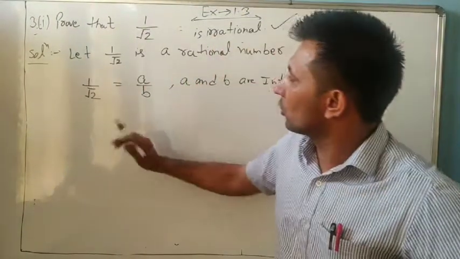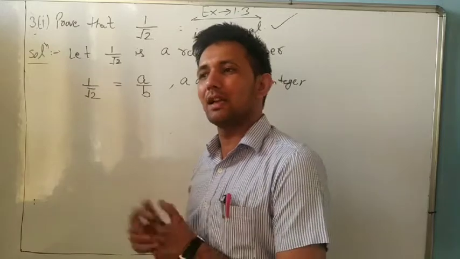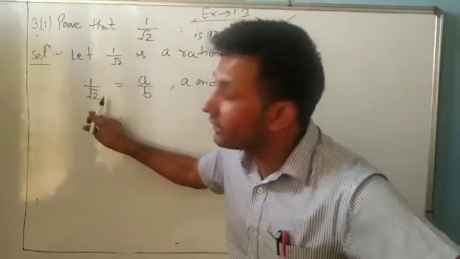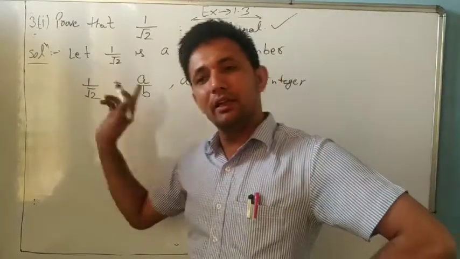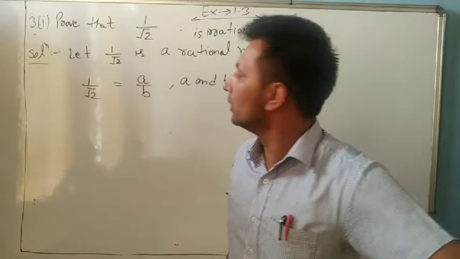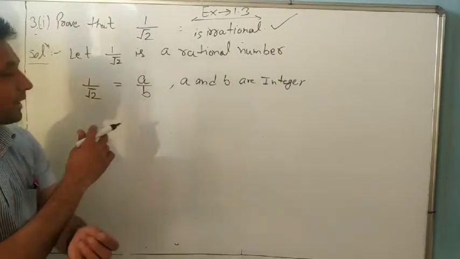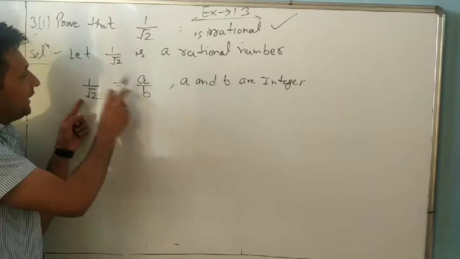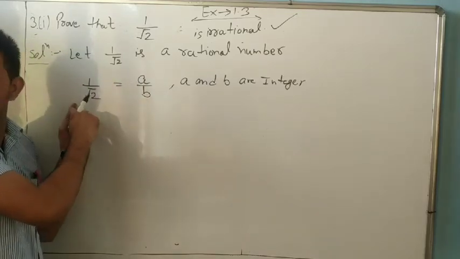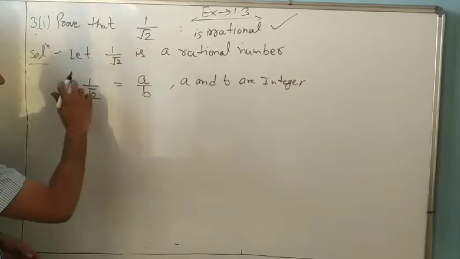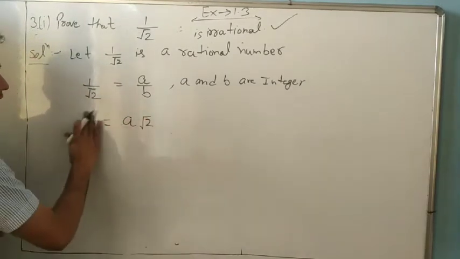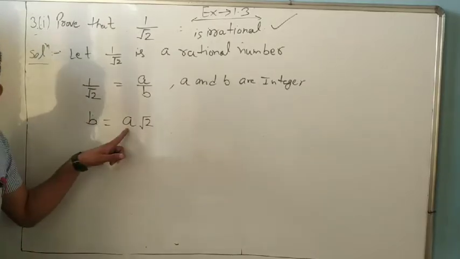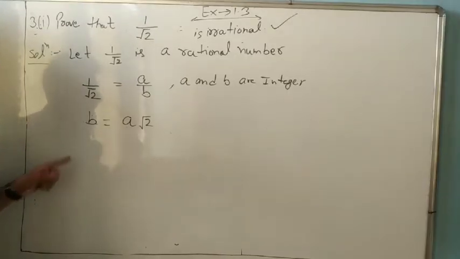So 1 upon root 2, root number on one side and other numbers on another side. But we observe that root is here in the denominator. So always write the root number in the numerator. So what we will do? It's very simple. We can cross multiply. Root 2 comes here, b into 1 and a comes to the other side. So cross multiply we can do, or not? b into 1, b. a into root 2. It is b, and a is multiplied on the other side. Divide. So b upon a divided by root 2.